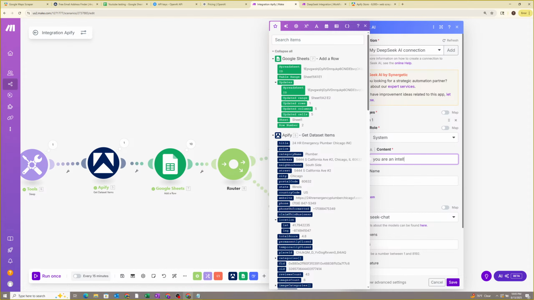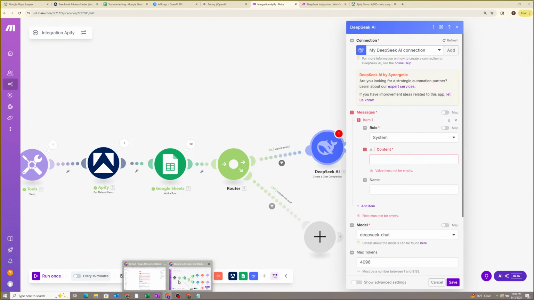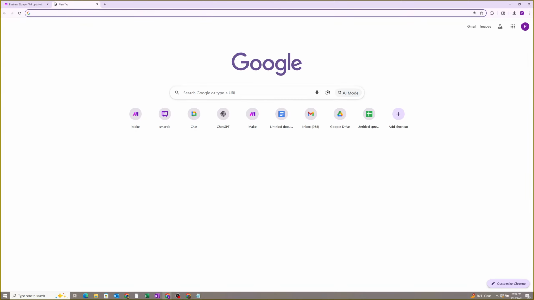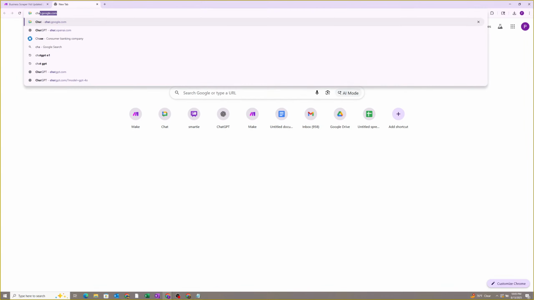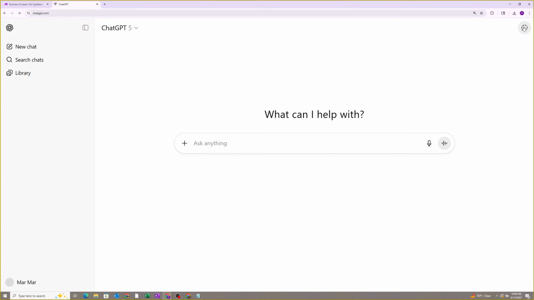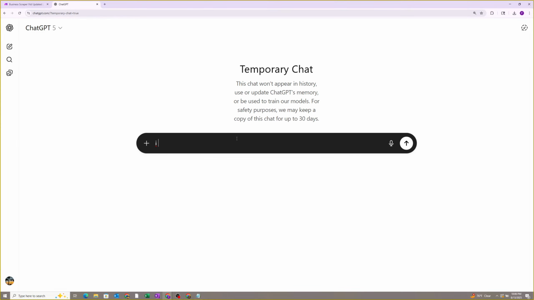I'm going to show you a quick way to actually generate the system prompt without having to fully type it manually. We're literally going to use ChatGPT to create that. I'm going to jump back inside of this and we're just going to go to ChatGPT. Brand new one. And I'm going to say I want a system prompt for an AI whose job is to analyze the content of a website